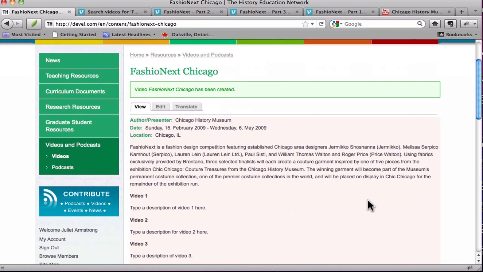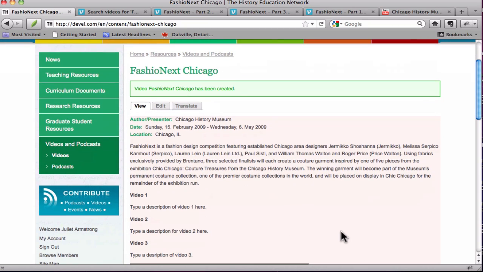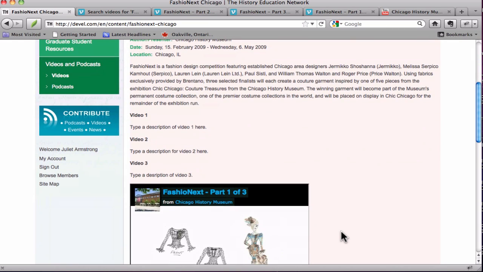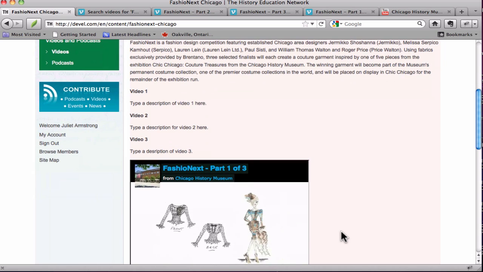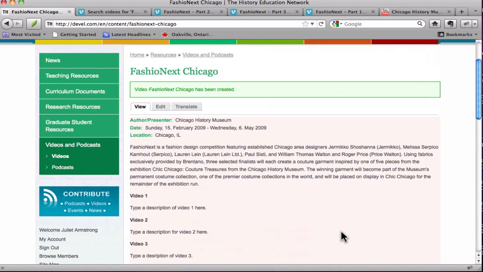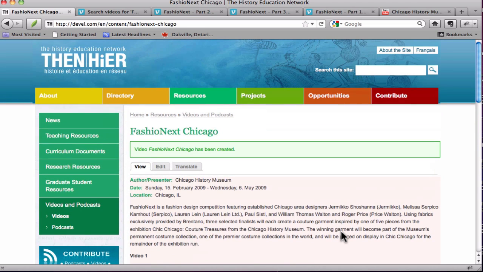So this background is pink, and that's to cue you to the fact that it hasn't been published. It's gone into a queue on the site for the site editor to go through and approve if they deem it appropriate for the site. What you will find is that